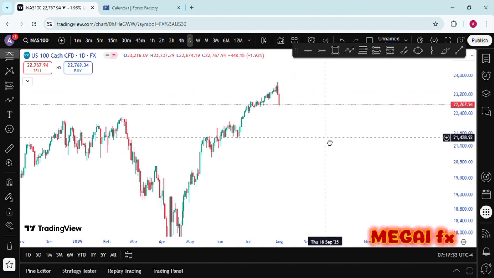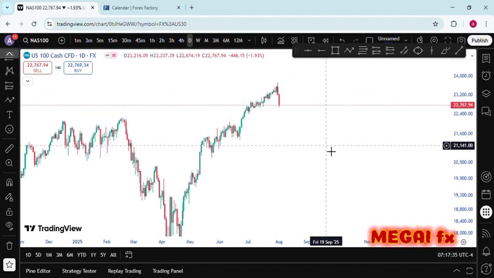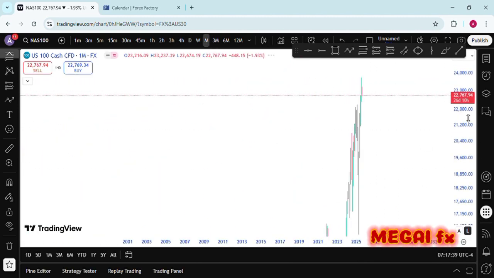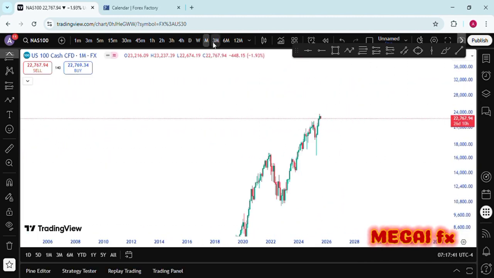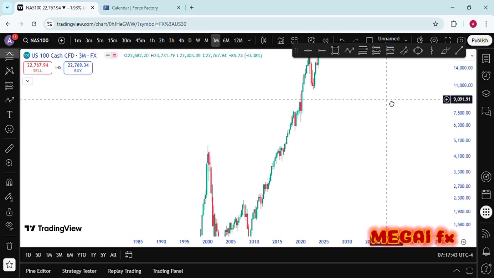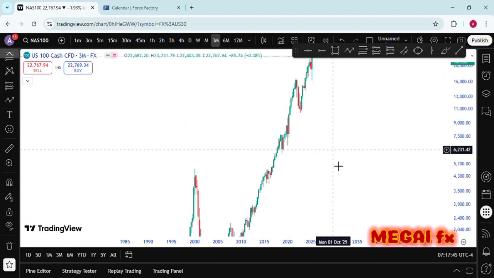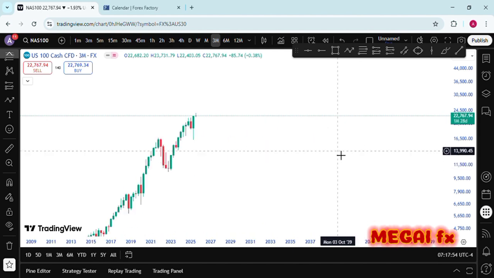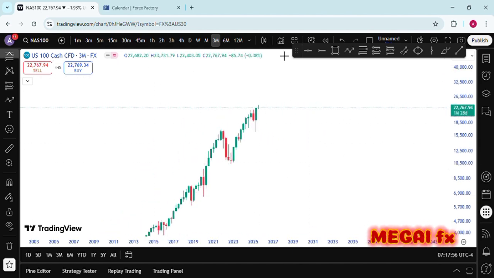I will be starting with NASDAQ. If I go to monthly time frame on NASDAQ, okay, let me go to 3 months time frame. You notice that for a very long time, indices, NASDAQ, S&P 500, and US 30 precisely, they have been in an uptrend. So if you look at 3 months time frame, you notice that